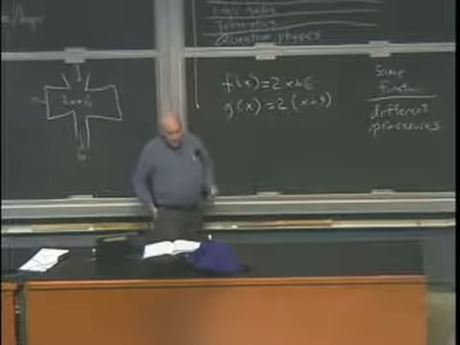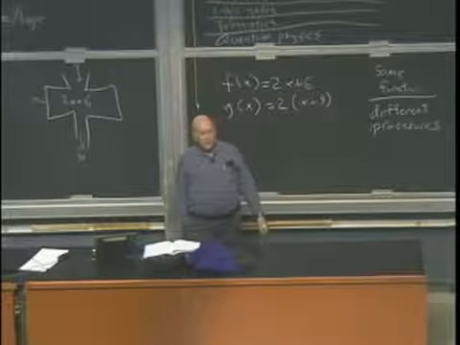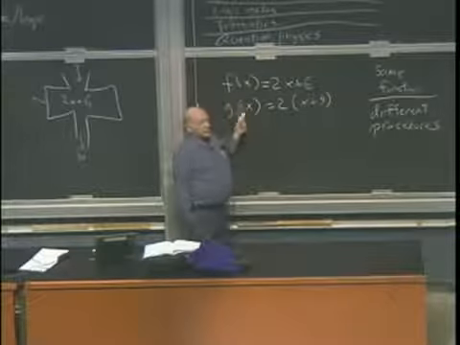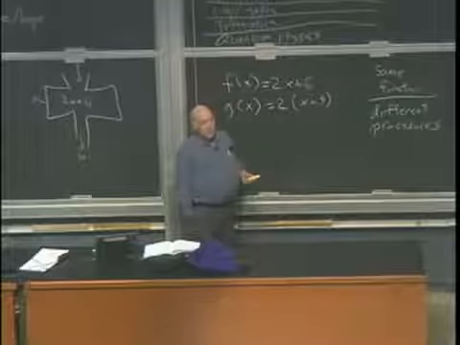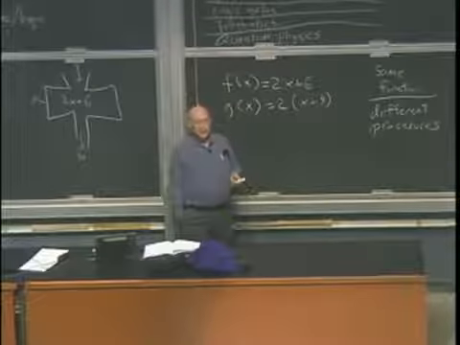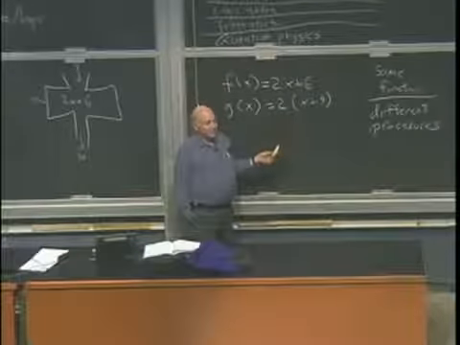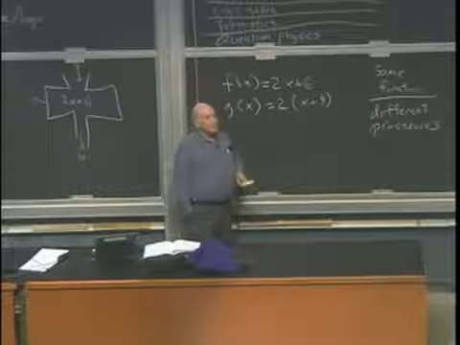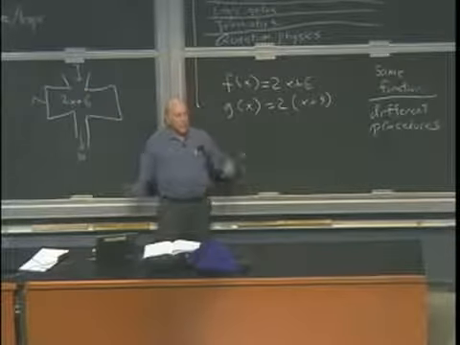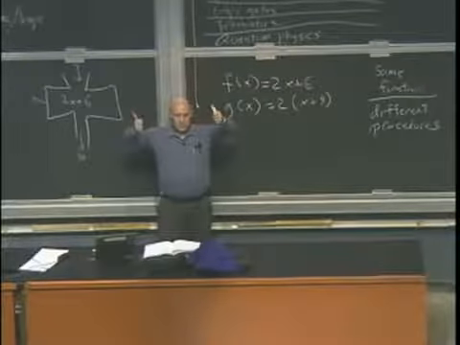Right. He's asking, what if the function were 2x plus b instead of 2x plus 6? So we had what we call a free variable, a variable that isn't an argument to the function. And so it does depend on what's going on outside for what the value of that variable is. And the answer is, if that's the case, it's not a function. It's still a procedure, but what it computes is not a function because you don't always get the same answer for the same argument. Good question. Is that clear what he's asking and what the answer was? Good.